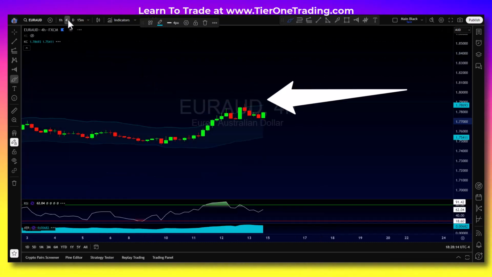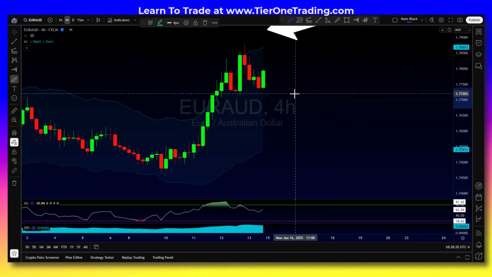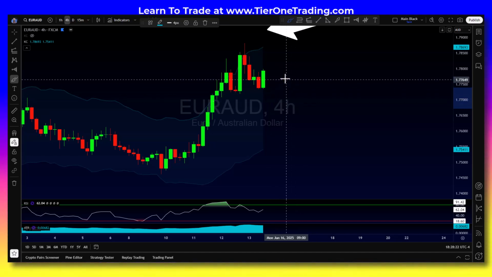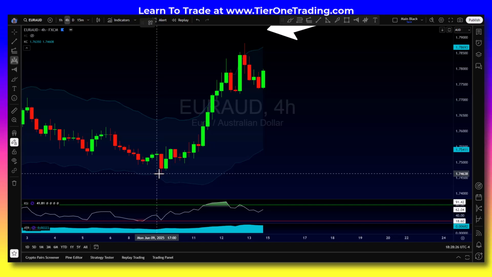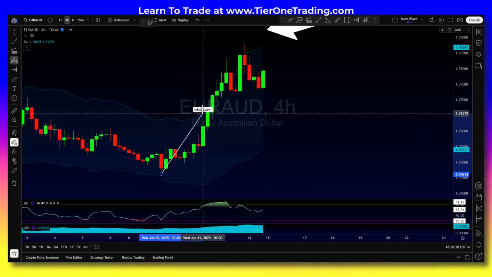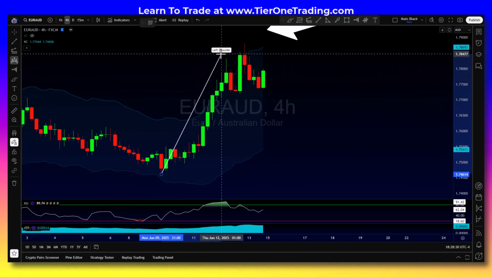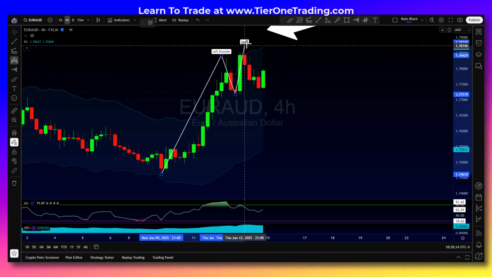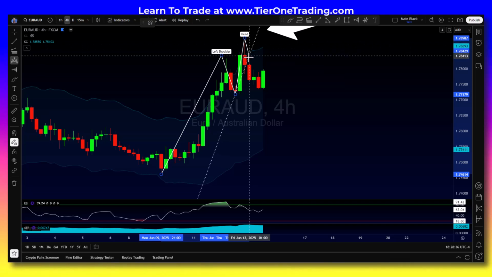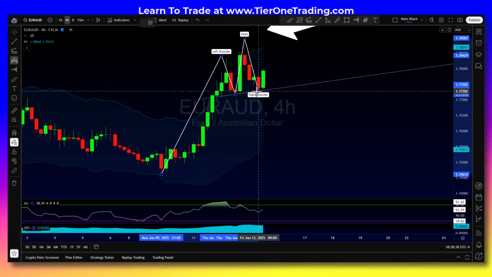So let's go down to a 4-hour. And what you're going to see here is a potential head and shoulders pattern forming. I'll take my head and shoulders pattern tool over here. A head and shoulders looks like this. A clear move up, followed by a retracement, followed by a small extension, followed by a deep retracement, followed by